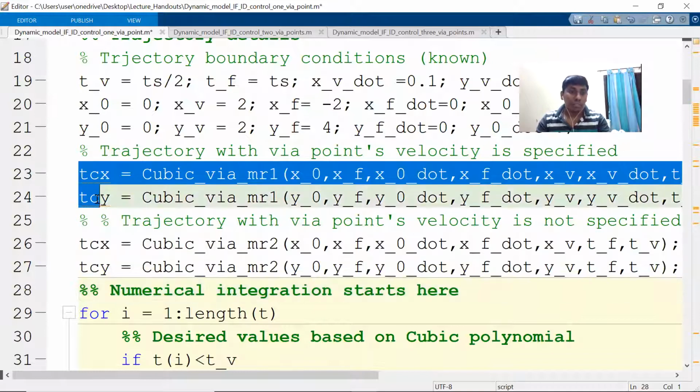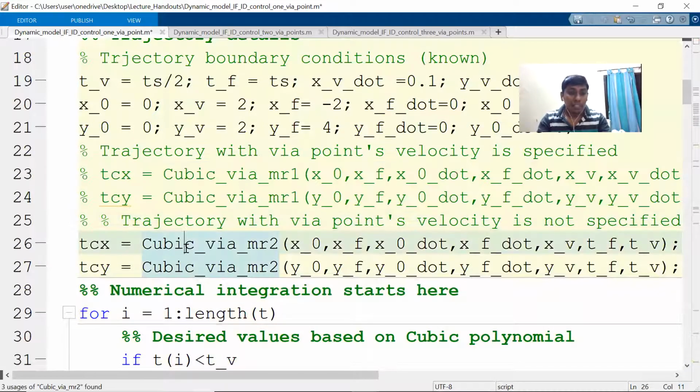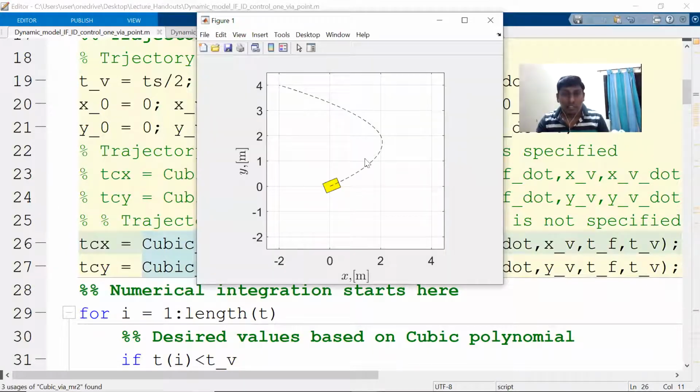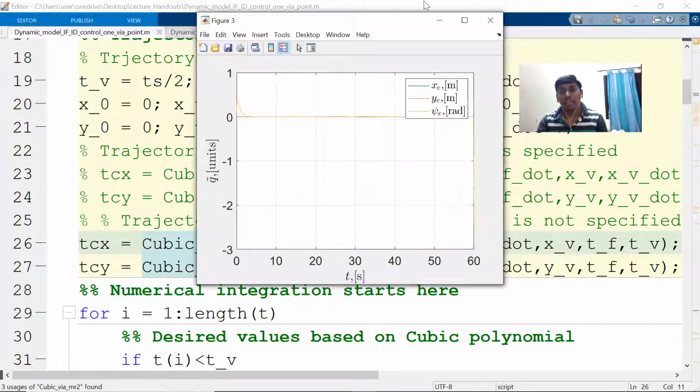Now I'm just making this a comment. Okay, now I run it here. You can see this is very smooth. This is the point: 2 comma 2 is still followed, and minus 2 comma 4 is also followed, but you can see it is very smooth, and the transition in the acceleration and velocity is very smooth. This is what we wanted. In the sense it is actually a single segment, in the consideration. Even if you have 2 via points or 3 via points, you can consider it as a single segment as it is.